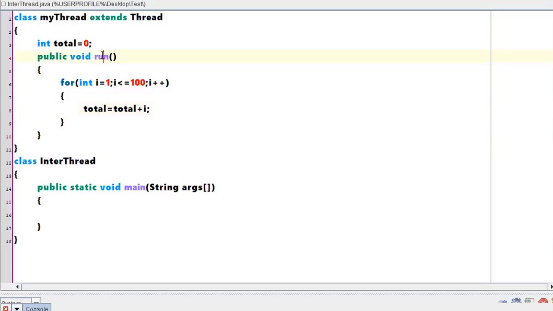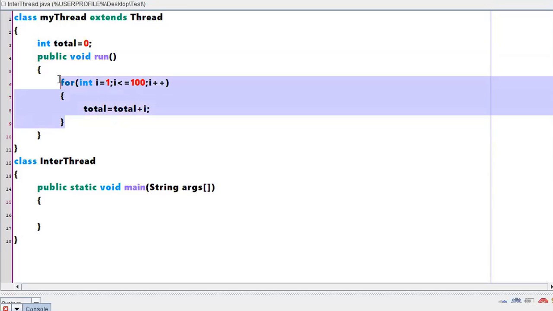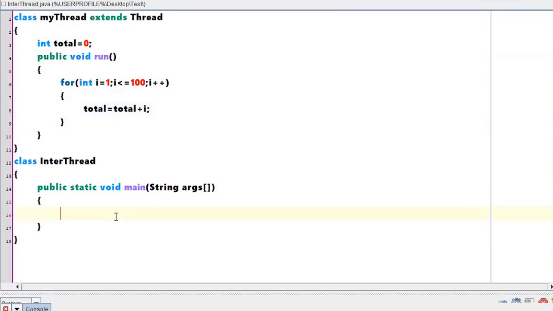The job given for this thread is to calculate the sum of n natural numbers. Simple, right? Now from the main method let us create a thread, right? So MyThread th is equal to new MyThread. Okay, th.start,